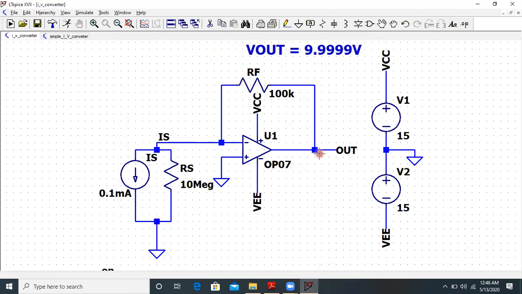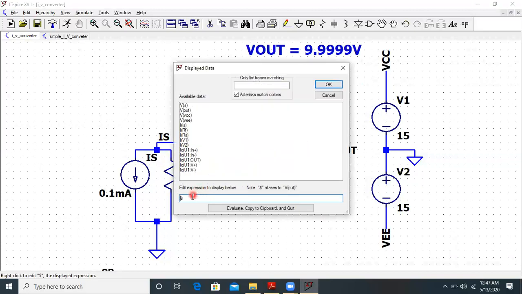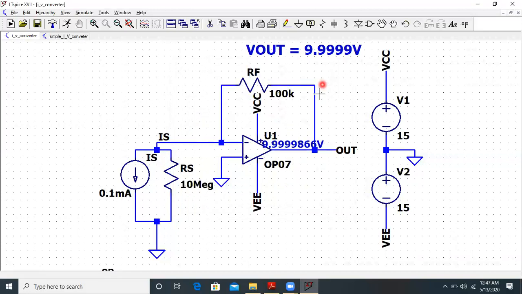Okay. So if you want the value to be written already by the circuitry on it, what we do is we right click on this. Whenever we have simulated this, you'll get this value. Close this, and click on any part of the output node where you want that value to be displayed. So the moment I clicked on it, I got that value 9.999, and when I right click on it, I should give it a specific name. So this is Vout. I click on Vout, and automatically this value has come. Now even if I move this value out, it will remain 9.999.